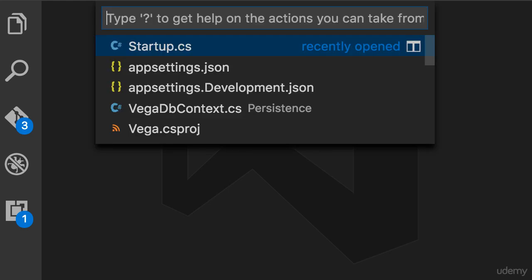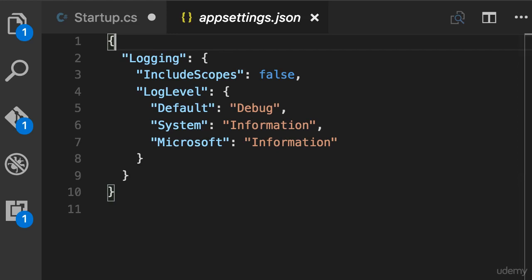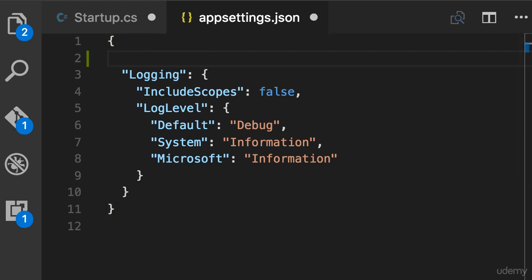Okay, now let me show you how to use the new configuration system in ASP.NET Core. So first, let's go to appsettings.json. This is our new configuration file. Instead of web.config, we're going to store all the configuration settings here. Just like the previous version of ASP.NET, here we have connection strings,